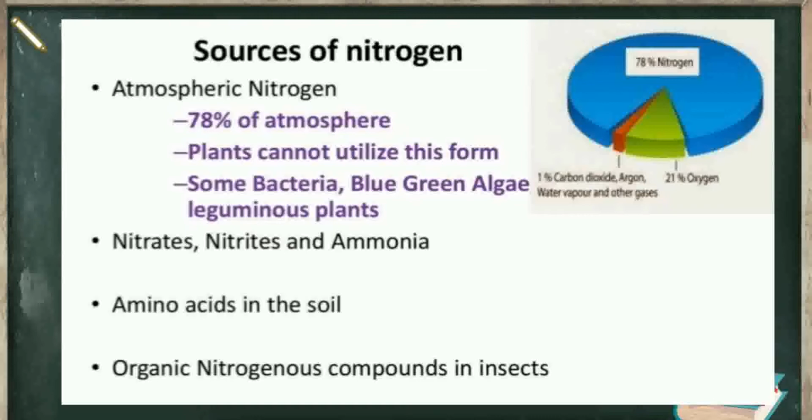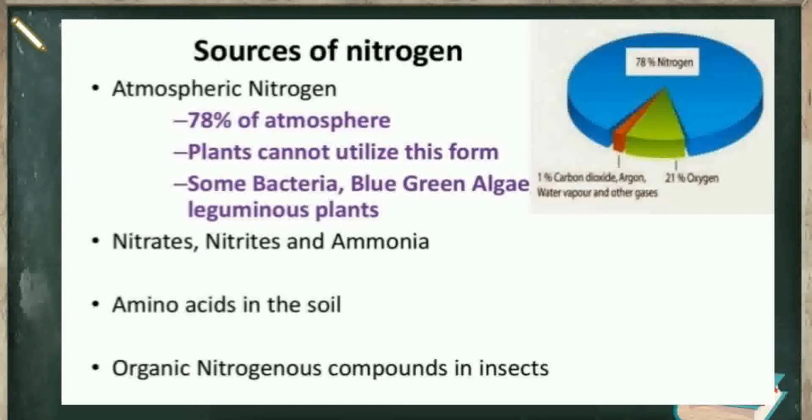Nitrogen is a constituent of the major structural components of the plants such as amino acids, proteins, hormones, chlorophyll, and many of the vitamins. Plants, in fact, compete with the microbes for the limited nitrogen that is available in the soil. Here I must mention that nitrogen is the most abundant element present in the atmosphere, which is about